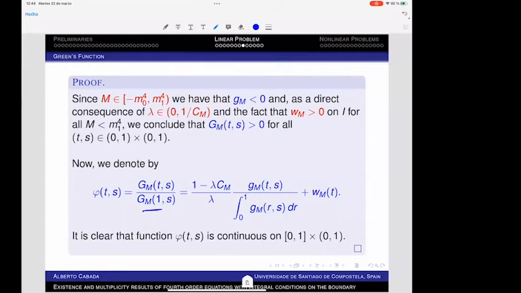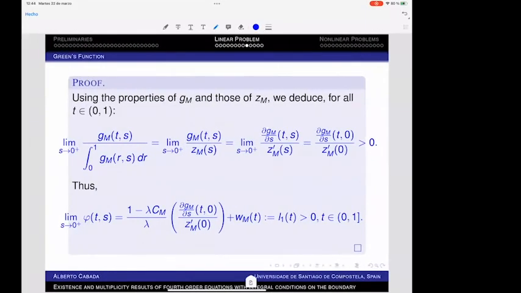We are dividing 0 over 0, right? And so this is a continuous function except here, s = 0 and s = 1, because there we have 0 over 0. What happens? We study the limit when s goes to 0, and because of the properties of the set, applying L'Hôpital 1, 2, 3 times, right? Taking into account the properties of the set, etc., this kind of technical properties, we prove that this is positive, and